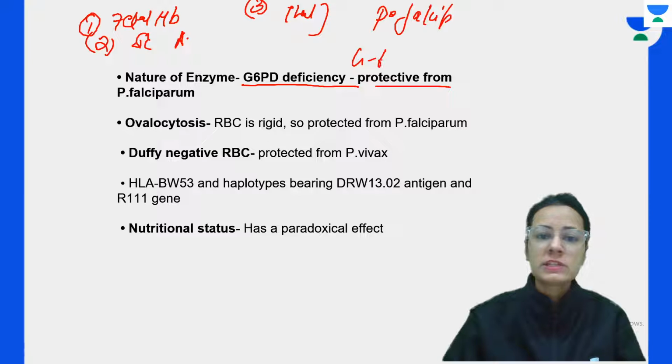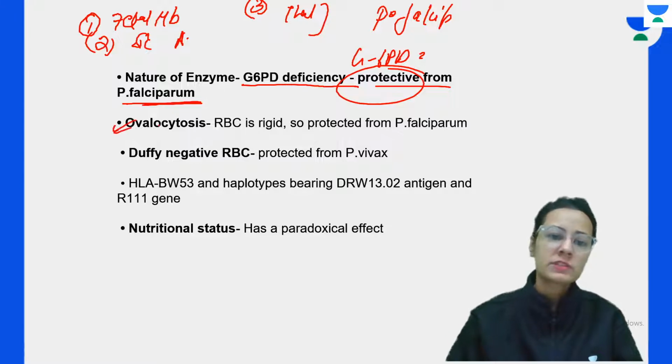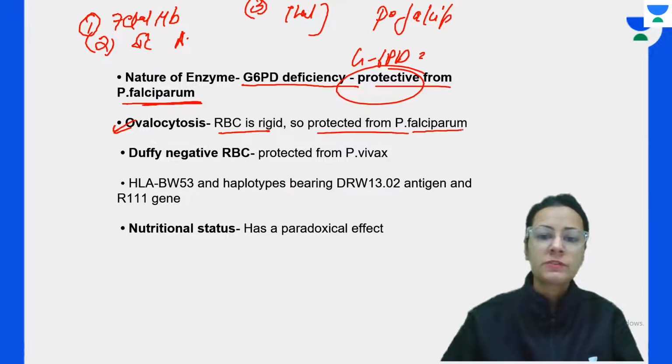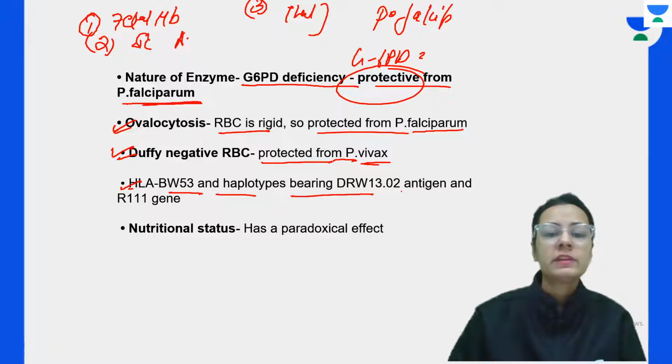Then we have G6PD deficiency, that is also protective from Plasmodium falciparum. Ovalocytosis, the RBC is rigid, so protected from Plasmodium falciparum. Duffy negative RBCs are also protected from Plasmodium vivax. Nutritional status has a paradoxical effect, and the HLA-BW53, and haplotypes bearing the DR13 antigen and the R11 gene,